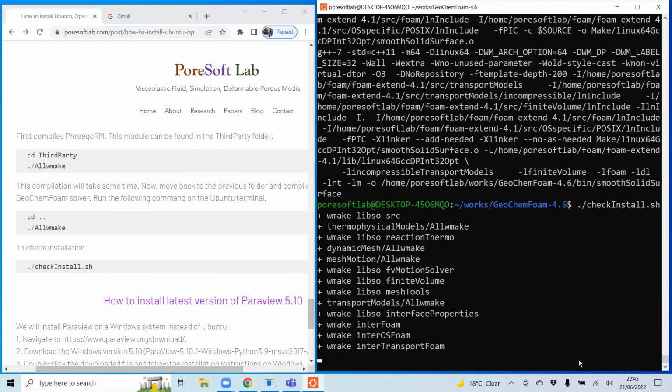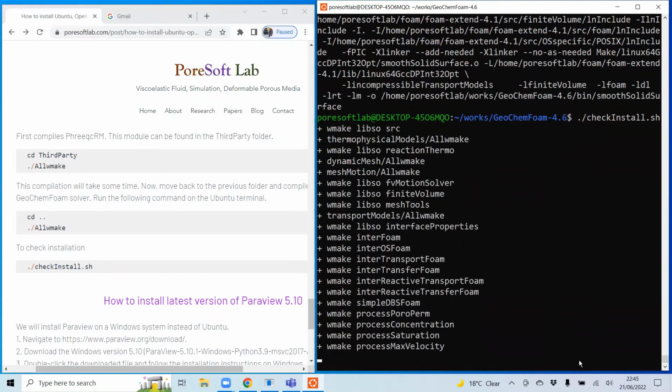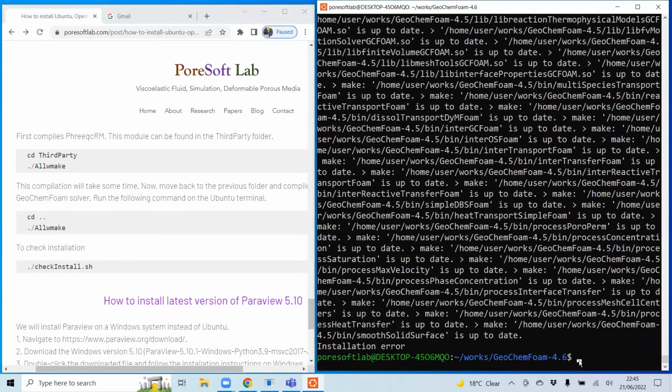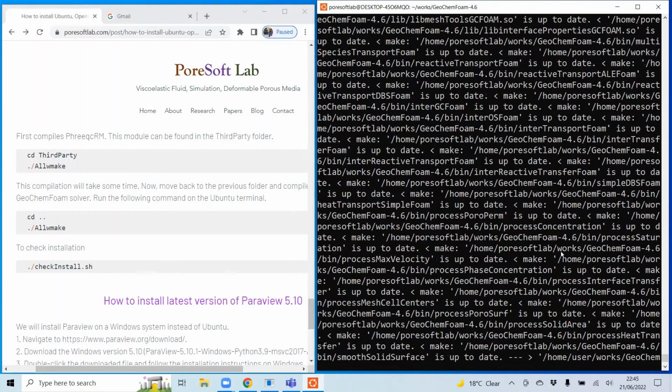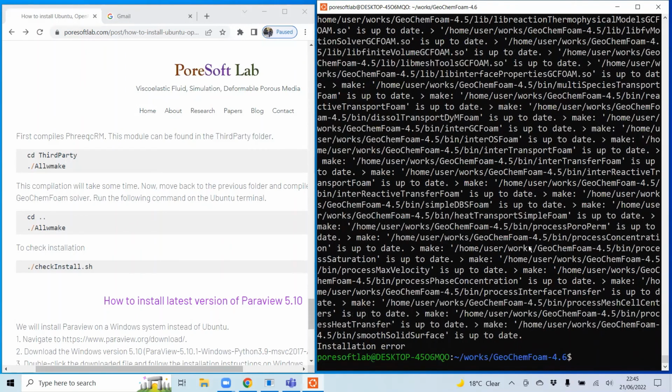It will check all solvers, and it's up to date and we don't see any error. Everything is up to date.